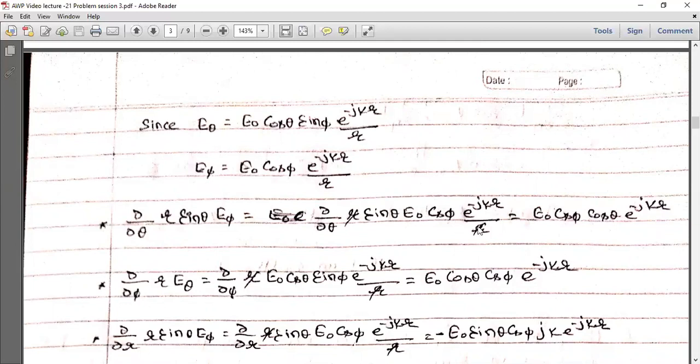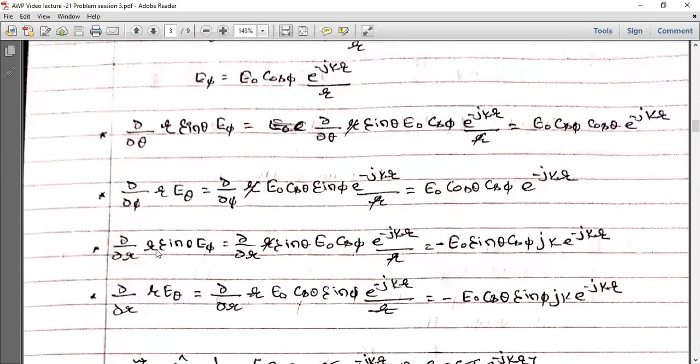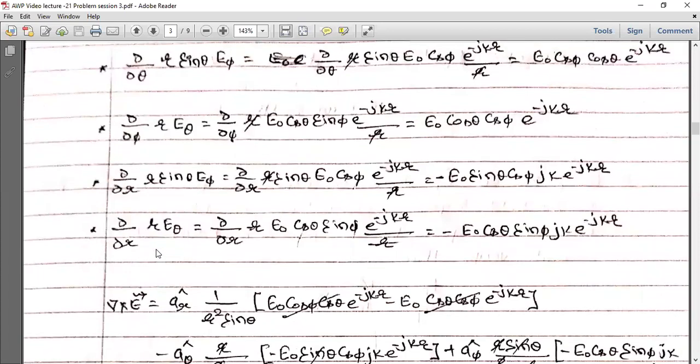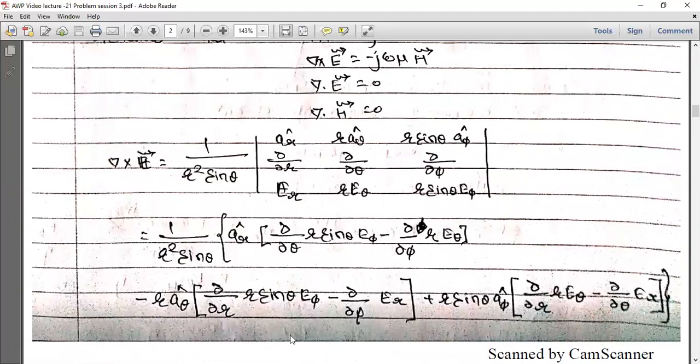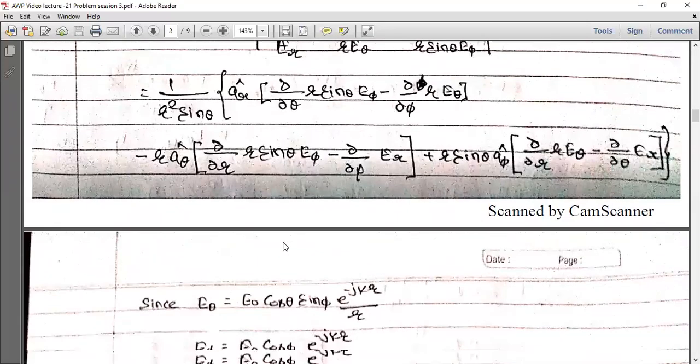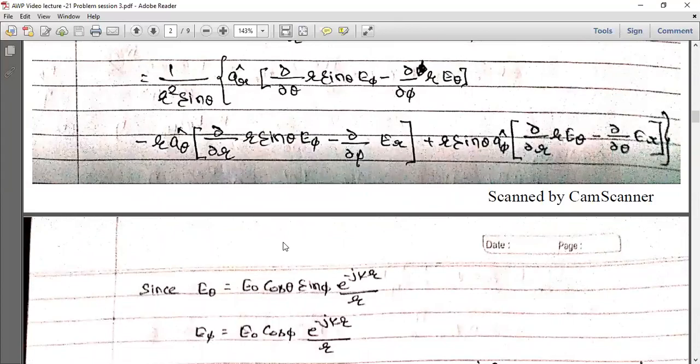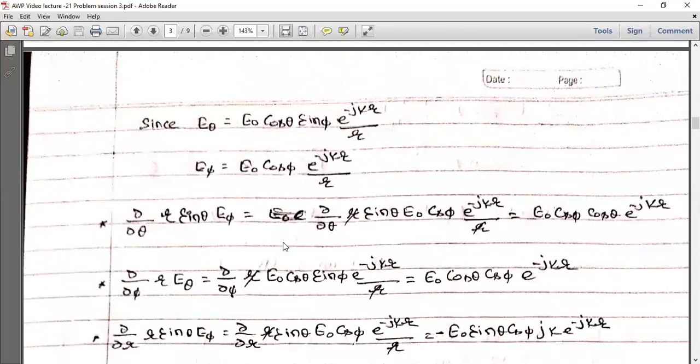They can also be taken out of this differentiation, and what we have is just ∂/∂θ of sin θ, which is equal to cos θ. So E0 cos φ cos θ e^(-jkr) is this differential coefficient. Similarly, we find ∂/∂φ of r E_θ and the remaining two or three differential coefficients, and once we find them, we substitute all of them with appropriate signs in this particular expression, and when we perform little manipulations which are not very difficult, just some algebraic manipulations, we find